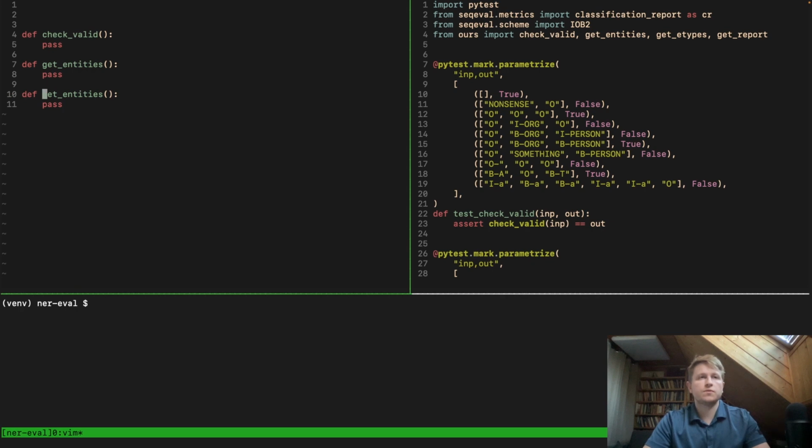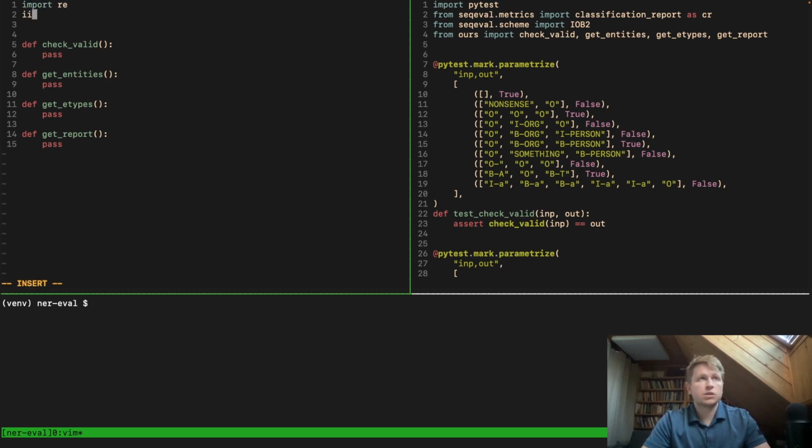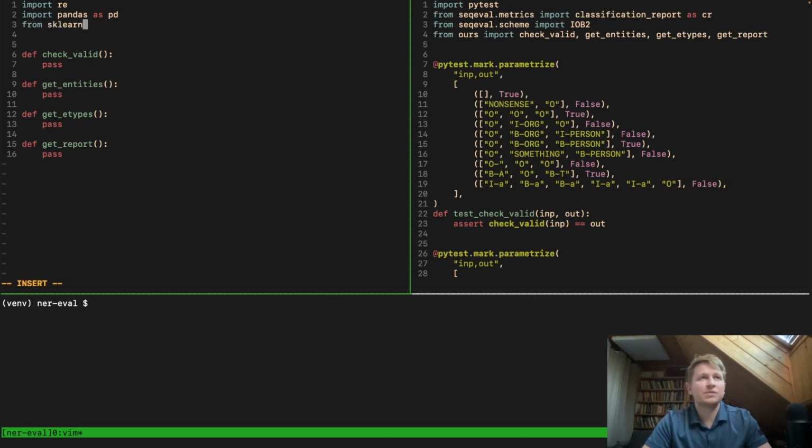Let's also do this for get e-types. And finally, let's do this for our get report. Cool. And yeah, let's get some imports. We'll use regular expressions, import re, and pandas as pd. We will use pandas to do this merging with dropping duplicates. And finally, we import scikit-learn,